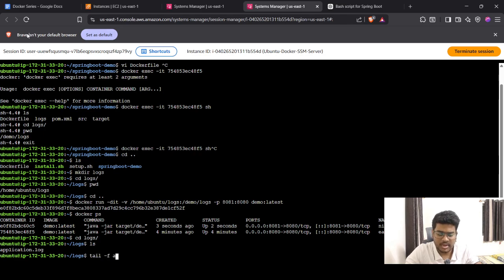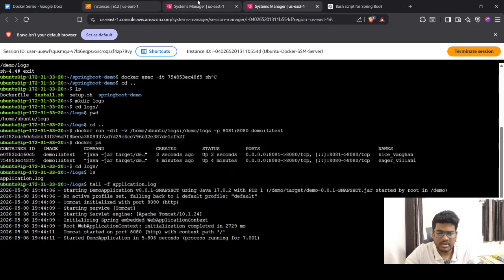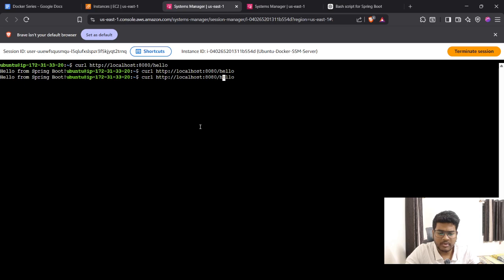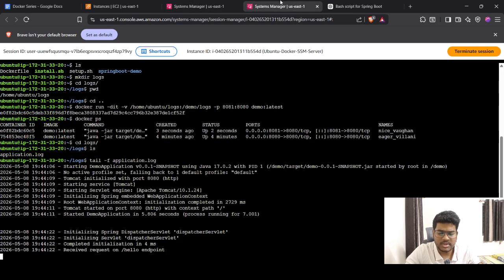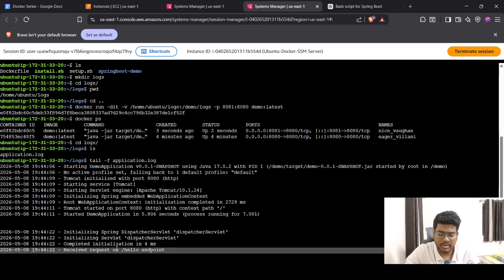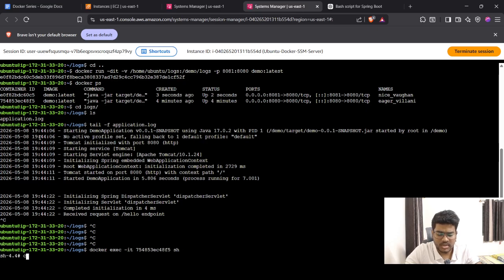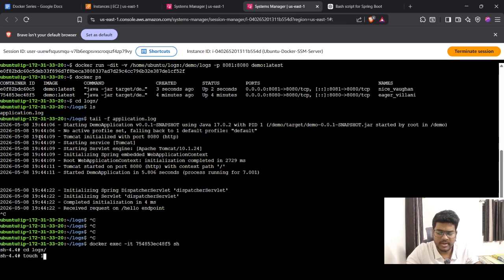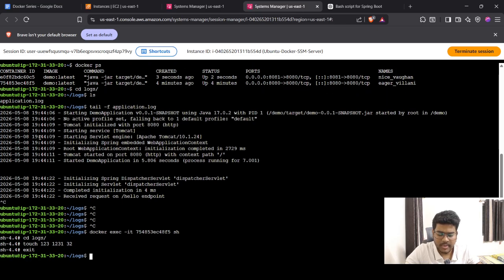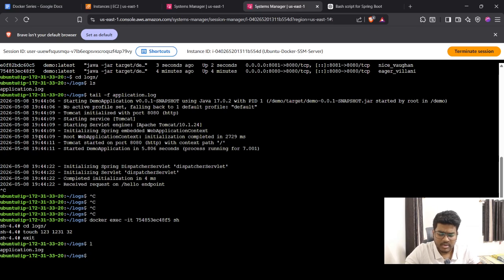Even if I do tail on application.log and try to hit a request on port 8081, you will see here it received a request on the hello endpoint. One more thing you can see: even if you log in to the container, for example this is our container, and in the logs path you create some files like 123, 12344, something. Then if you come back to your host system and look, you will see